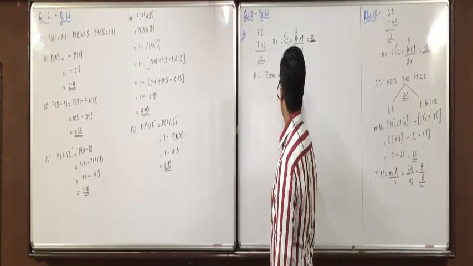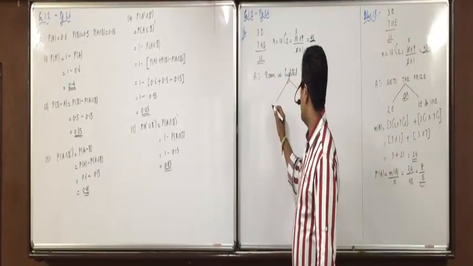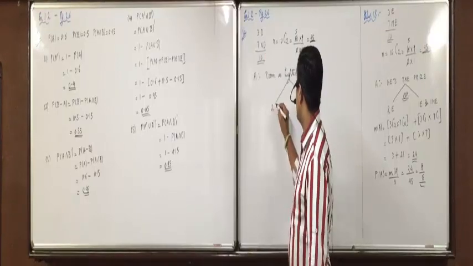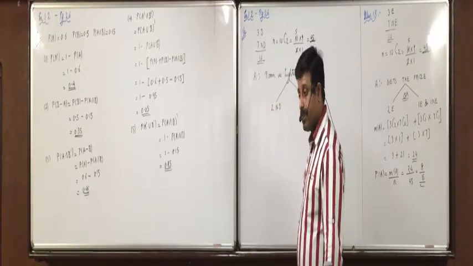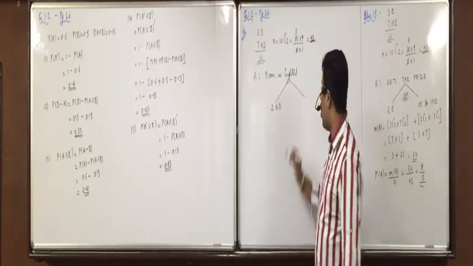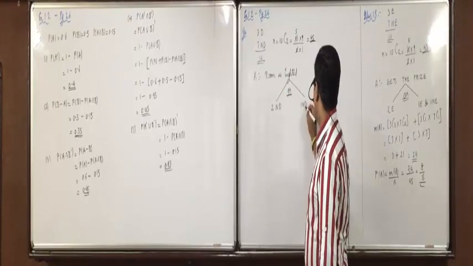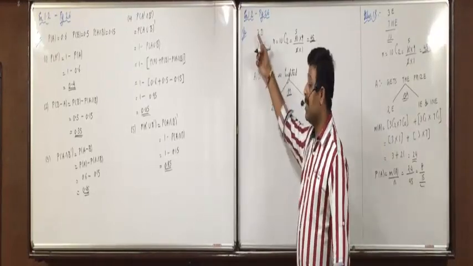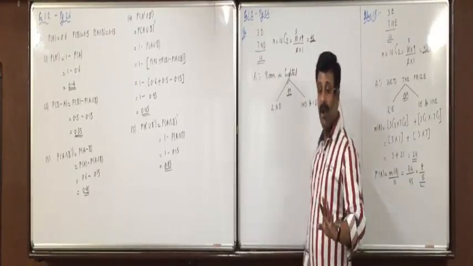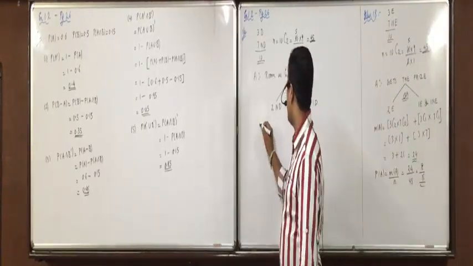Now lighted means 2 things are possible. 2 bulbs are selected. Either you select both the bulbs which are non-defective, then both the holders will give you the light, the room gets lighted. Or even if you select one bulb which is non-defective and one bulb which is defective, one of the lights will work, so the room will get lighted. Okay, so how will you again find m of event A?